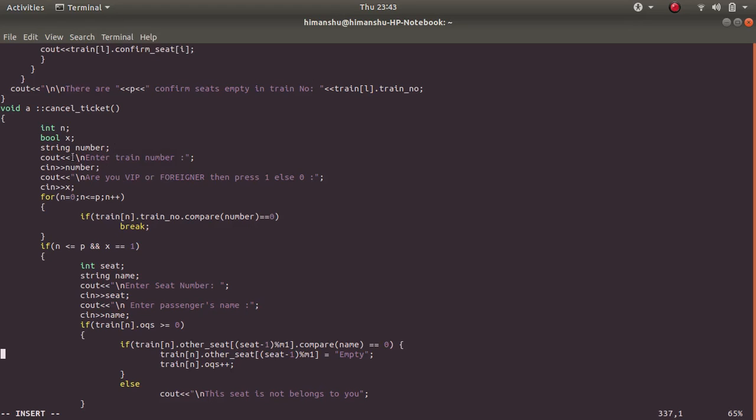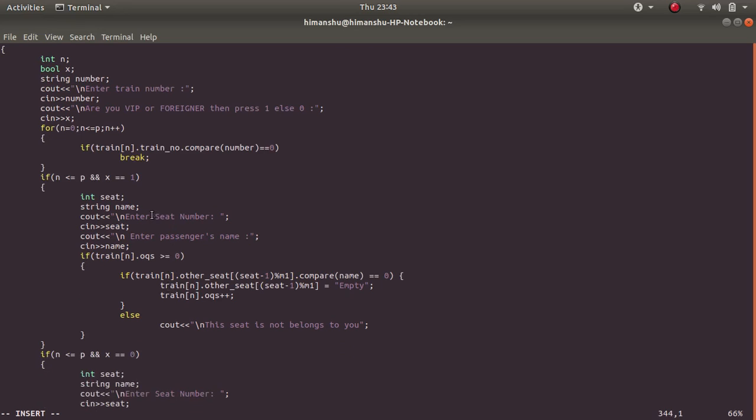confirm sheet. Here we have to enter the train number in which we have to cancel the ticket, and the seat, and then I ask the passenger, are you VIP or not? If the passenger is VIP, then he belongs to other quota sheet, and then I ask for the passenger's name and seat number, and then I compare the name with the already reserved seat.